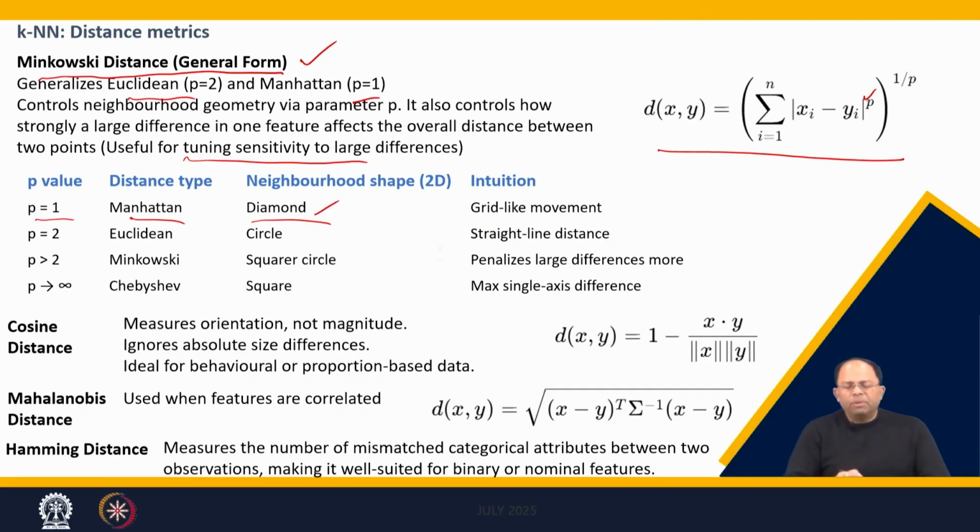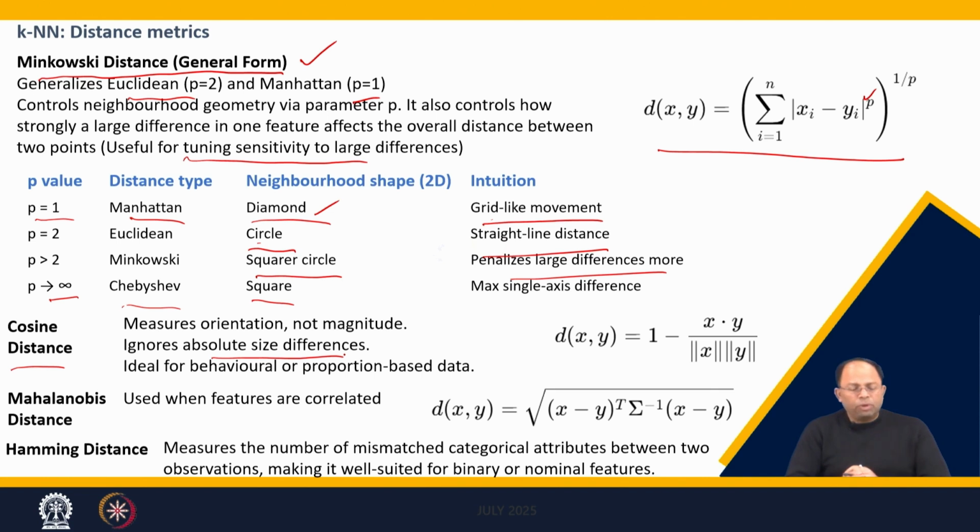So, this would be in diamond form, and it's like a grid-like movement. Euclidean takes a circle form, so it's a straight line distance. Minkowski takes a square circle, which penalizes large differences more, and then there is p when it tends to infinity, it takes Chebyshev's form, which is a square. Accordingly, we can also take cosine distance, which also measures the orientation, in which direction it is, not only the magnitude, and it also ignores the absolute size differences,